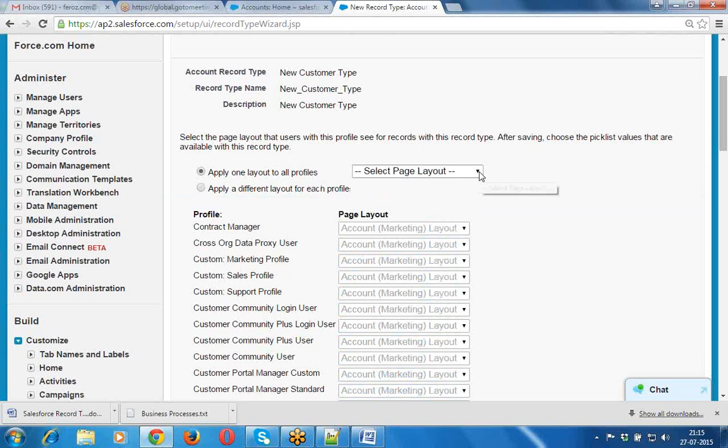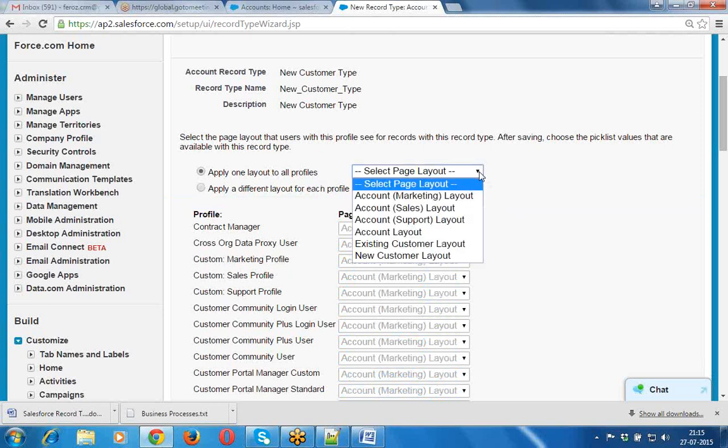Now select the page layout which you are going to apply. In this page layout, it is providing the two page layouts which we have created already, the new customer layout and the existing customer layout. These are the two page layouts that we have created. It is going to populate these two page layouts along with the existing page layout provided by Salesforce.